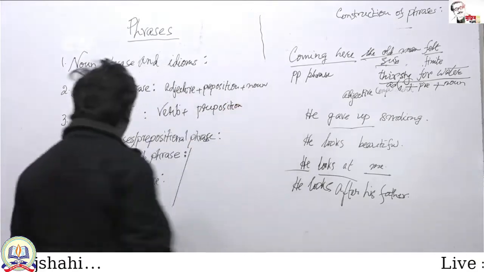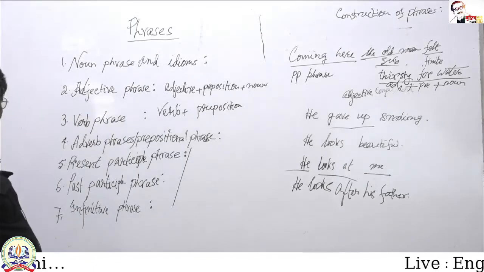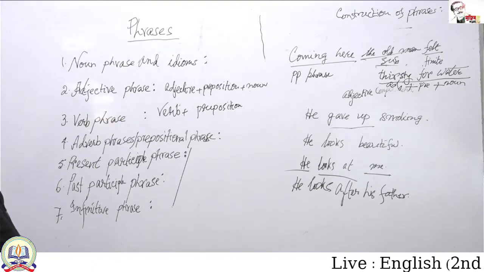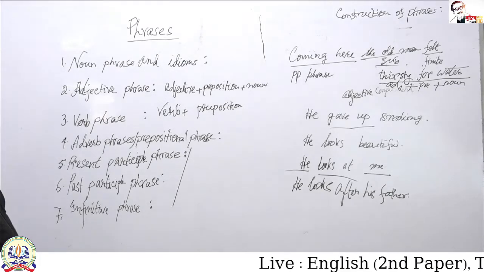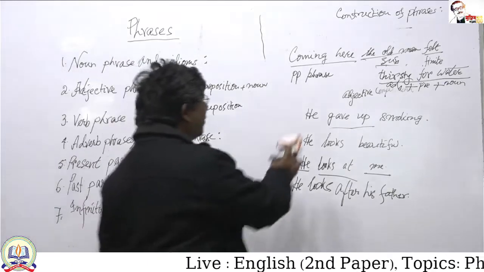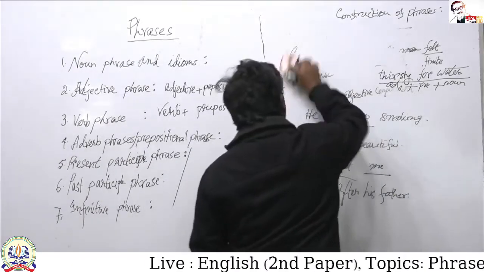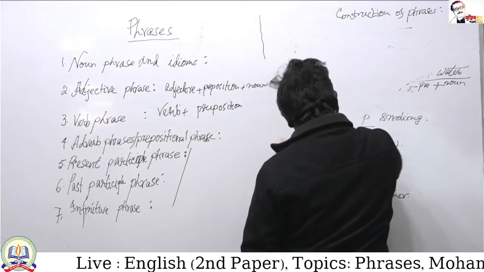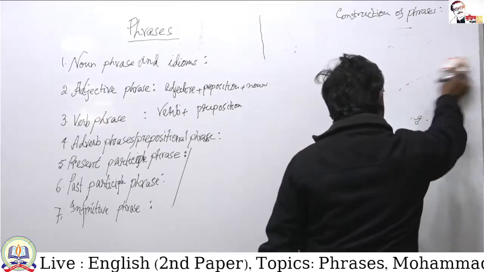So in an adjective phrase, we get an adjective followed by a preposition, a noun. In the verb phrase, we get a verb followed by a preposition. And in an adverbial phrase, we have